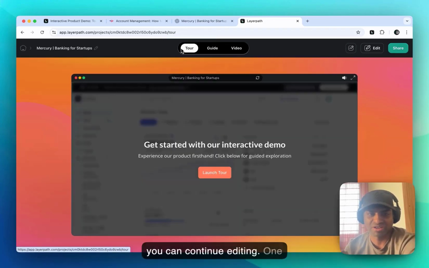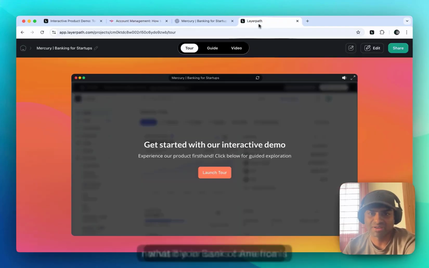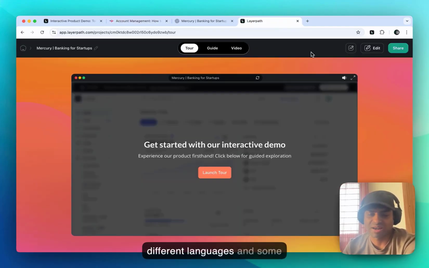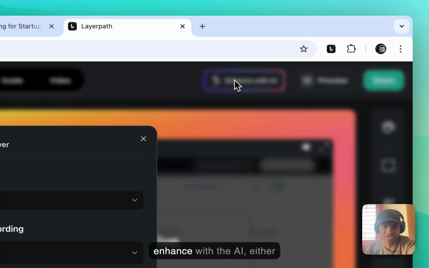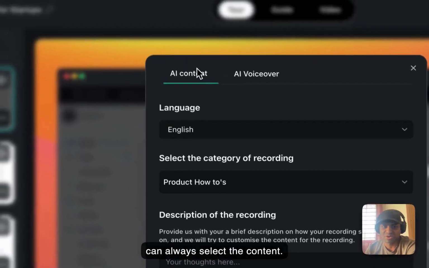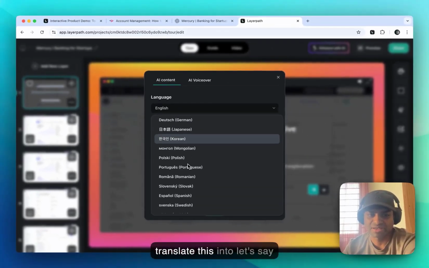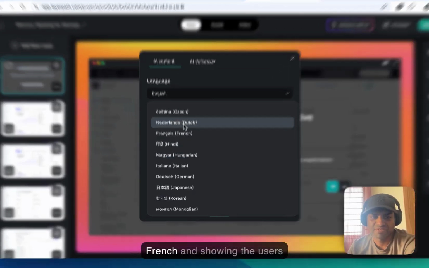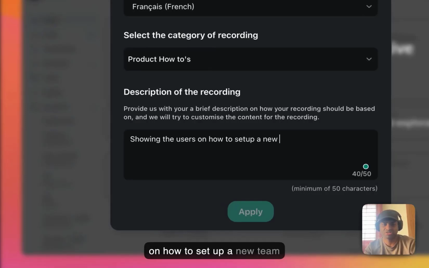Of course, you can continue editing. One thing that you can also do with Layerpath that right now is not visible in Bank of America is, what if your users came from different languages and some people would love to listen to what's going on rather than seeing? You can go to edit, click enhance with AI, either select a voiceover that you want to produce the content, or you can always select the content. So in this case, I want to translate this into, let's say, French, and showing the users how to set up a new team member